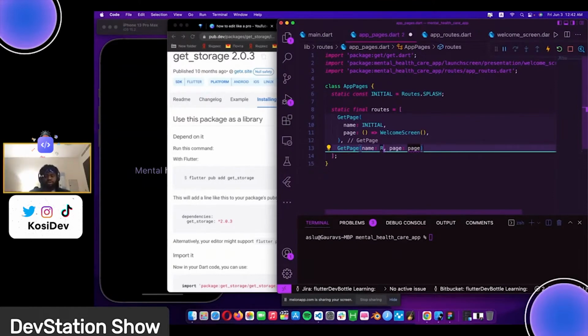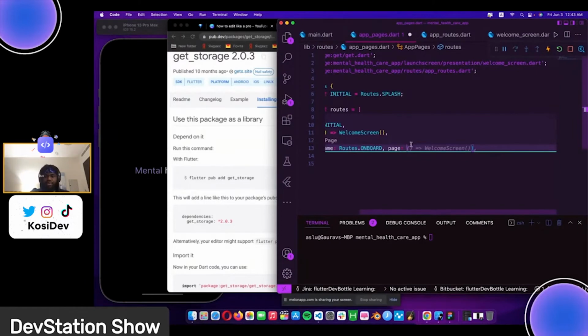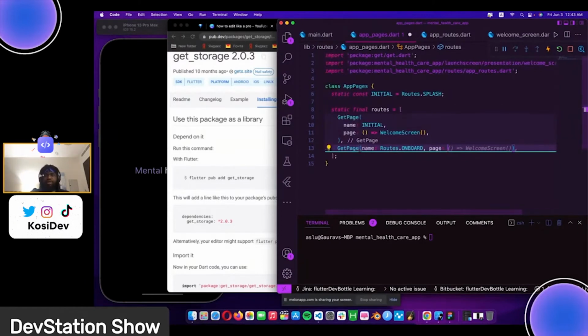So we can just add that. So right now we don't have an onboard screen, but we can create that by creating another